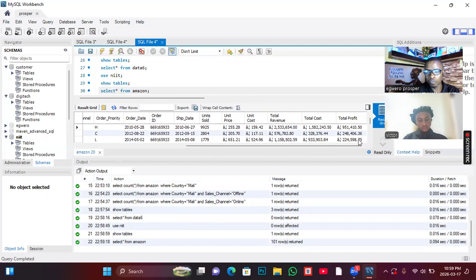So let me just work with profit. Let's assume that I want to sum up the total profit value. So the syntax, let me put it in a comment: sum up the total profit values. Sum of the total profit values. So the syntax will be